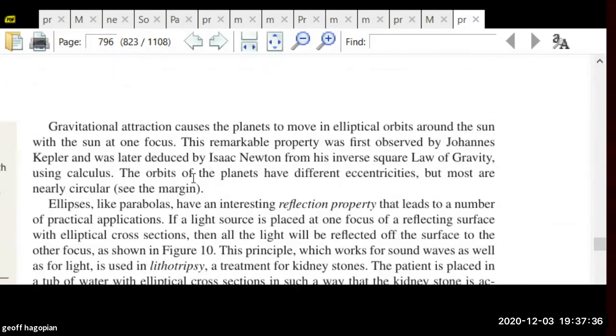Oh, there's some discussion of gravitational attraction causing the planets to move in elliptical orbits around the sun, with the sun at one focus. This remarkable property was first observed by Johannes Kepler and was later deduced by Sir Isaac